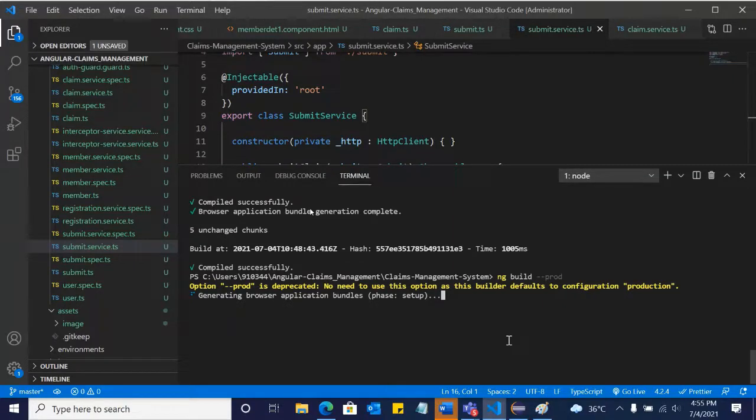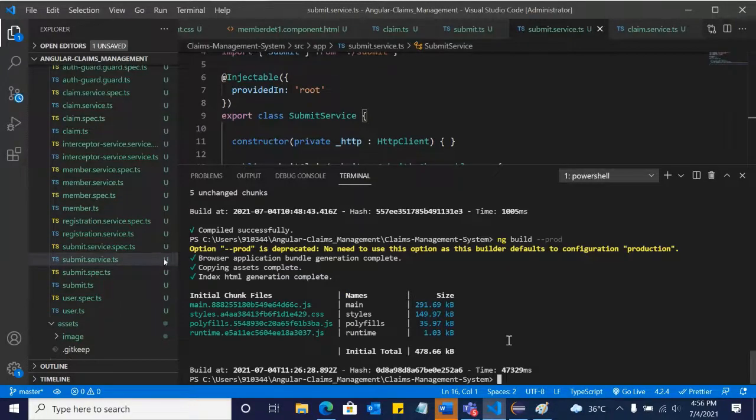So it is creating the build file for us. Okay, so our dist file has been successfully created.